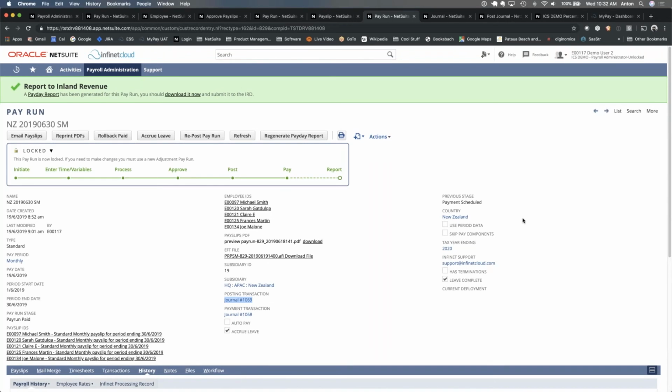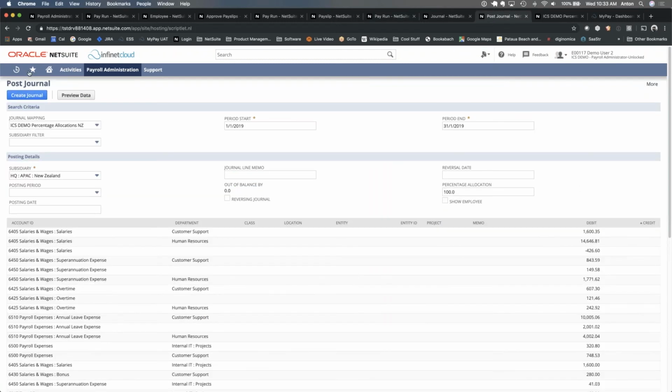One of the other areas that I wanted to talk to you about is another product that we have, which is what we call the journal generator. And what that allows you to do is basically take a NetSuite report, map that report to a posting definition, and then use that data to automate the creation of one or many journals. So as an example, if I just